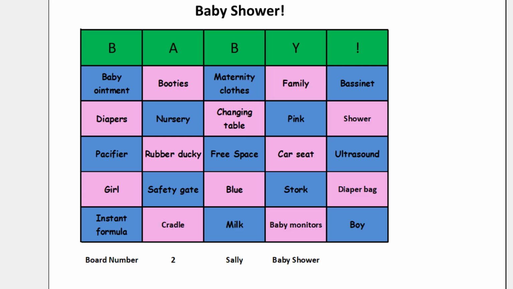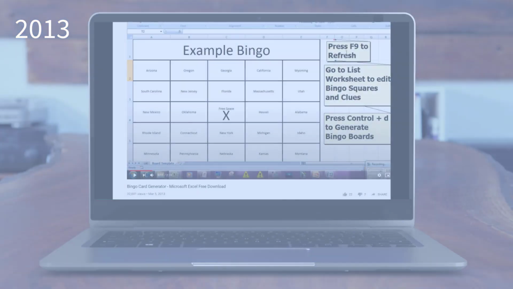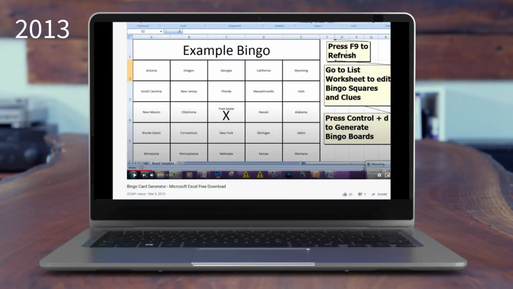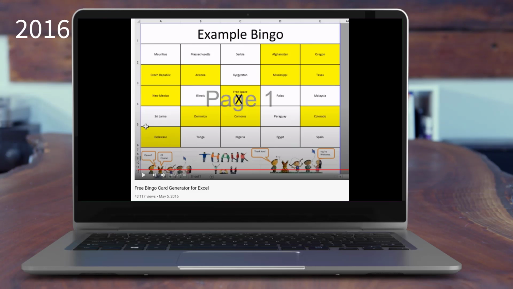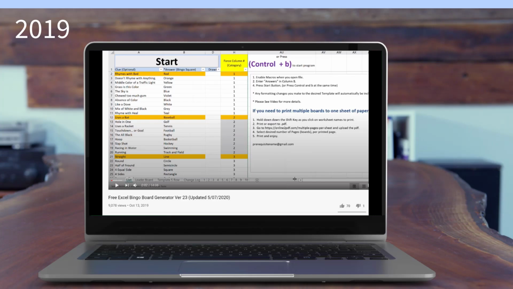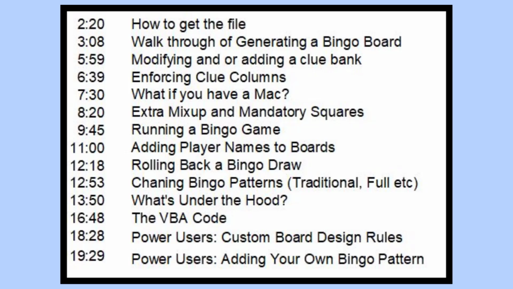Making custom bingo boards is one of those things that sounds simple but can get tedious. Back in 2013, I posted a video with an Excel bingo card generator file, and I was blown away by the variety and number of ways that people were using the program. Baby showers, birthday parties, quarantine games with far-flung friends and family, virtual graduation parties, DJ games, happy hours, restaurant placemats, and more. I also received a great deal of feedback that I've used to add features and refine the macro-enabled